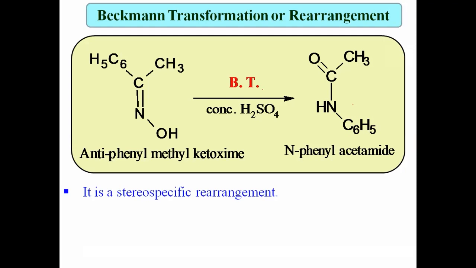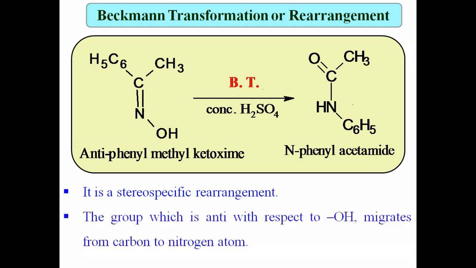Now, why is it stereospecific? Because in this reaction, the group which is anti with respect to OH migrates from carbon to nitrogen. Here, the carbon has two groups: one is phenyl, the second is methyl. But which group migrates from carbon to nitrogen? The group which is anti with respect to OH. The group in the anti position to OH migrates from carbon to nitrogen, and thus this is a stereospecific